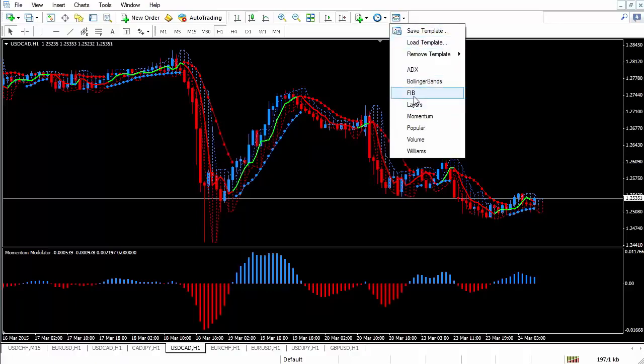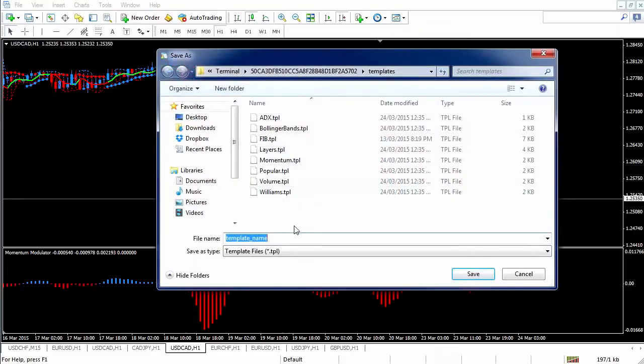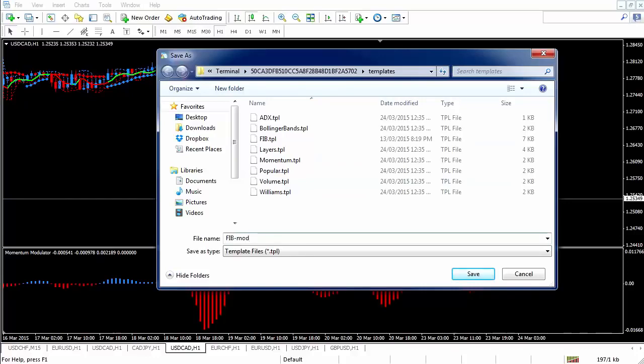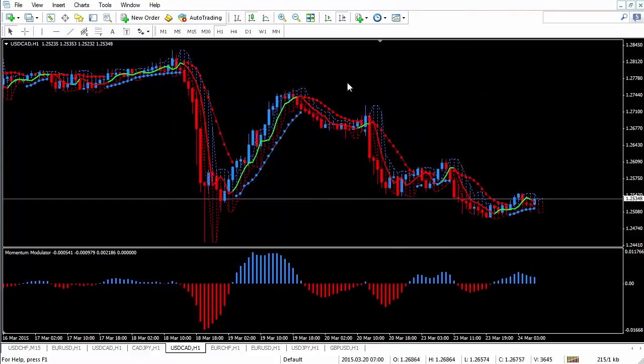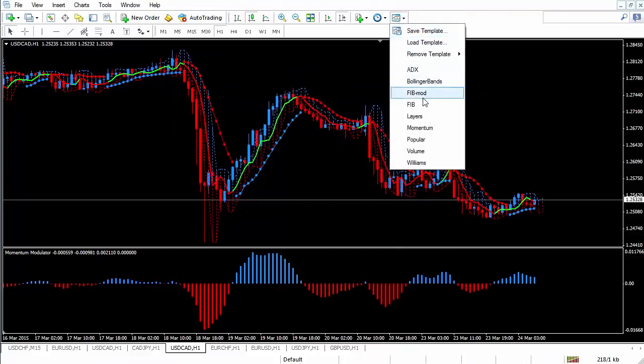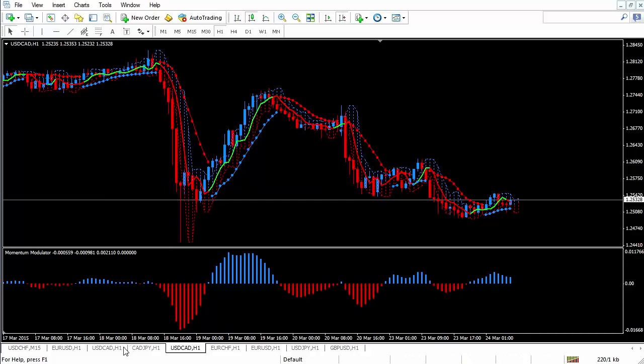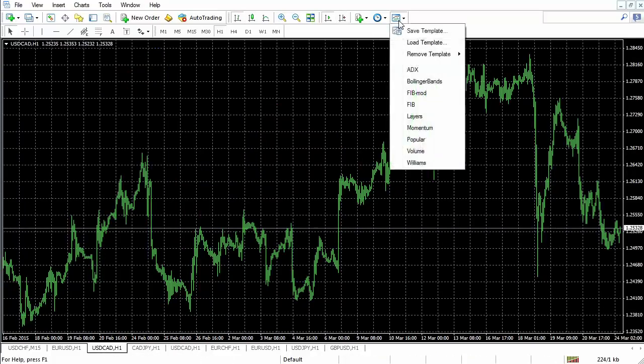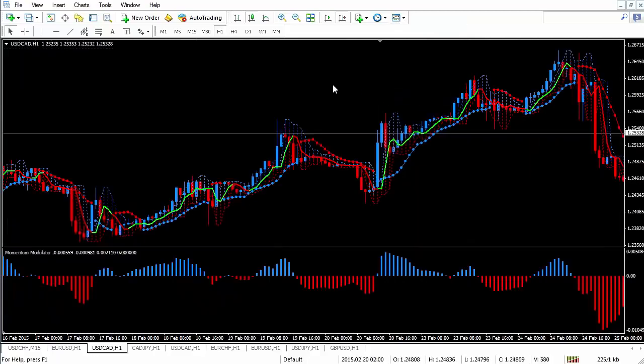Now, remember, we added an FIB template, and that's what this FIB is. But let's say this is a modified version and I want to save it specifically. So I'll go save template. And then from there, I might call it FIB mod. So this is my modified FIB. So I'll click save. And now when I go into it, I'll see there's an FIB mod. So with the next chart, this US dollar, Canadian dollar, if I apply the FIB mod, it'll make every single change that I had made